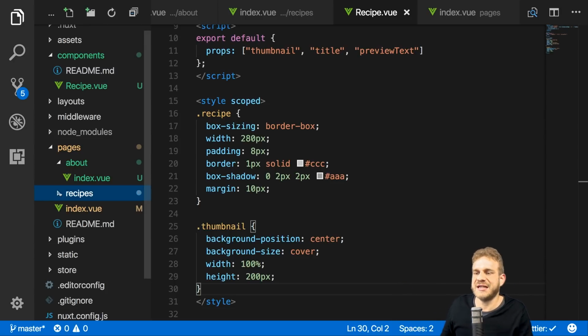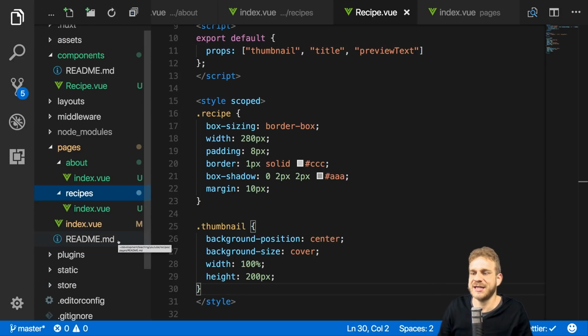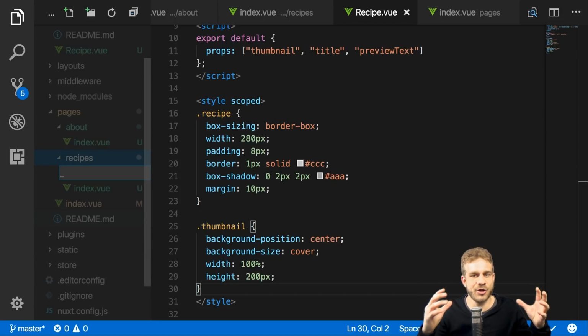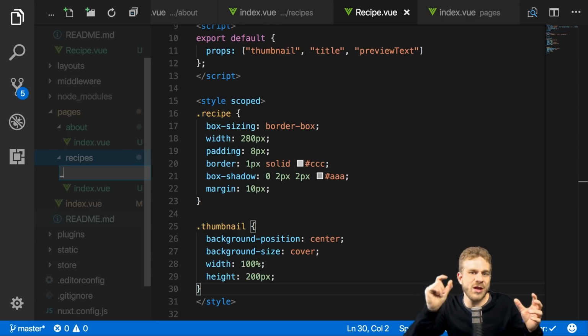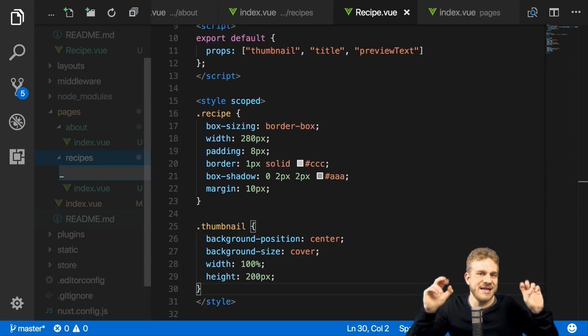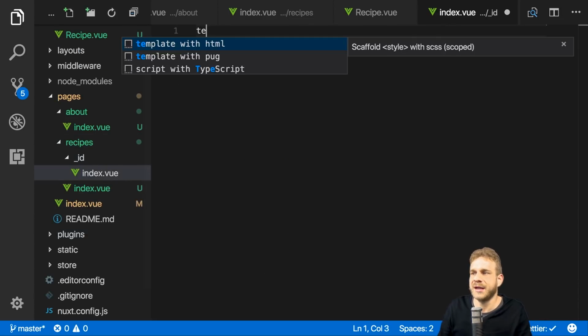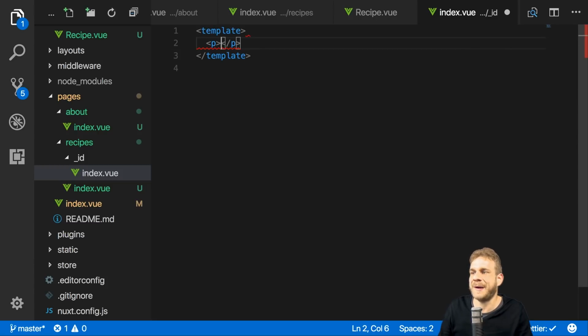Now, you can also have dynamic paths in Nuxt.js by adding a subfolder with an underscore, that is an important part. The underscore in the name of the folder or the file signals to Nuxt that the part after it will be some variable, some dynamic parameter by which you can extract what the user entered. So something like maybe underscore ID. In there, I again create the index.vue file. And in that file, for now, I'll simply output a paragraph